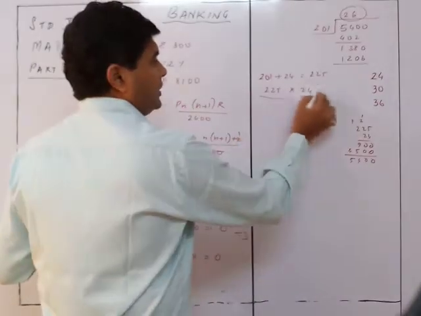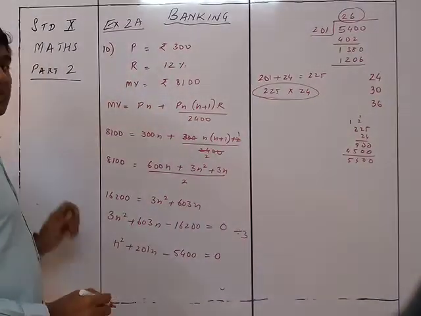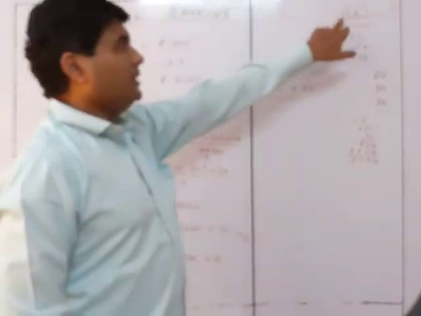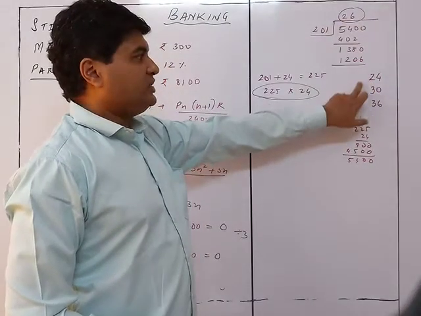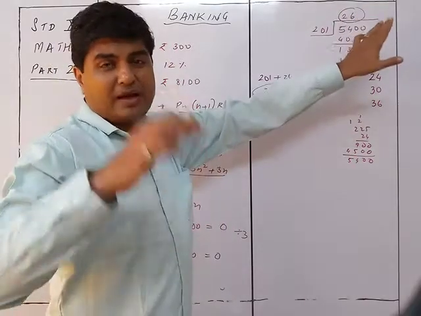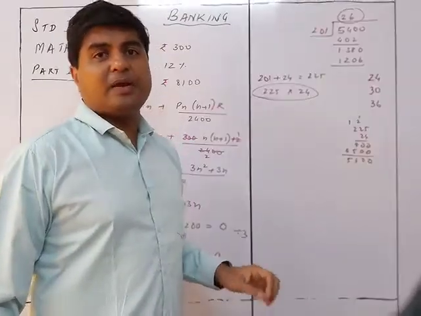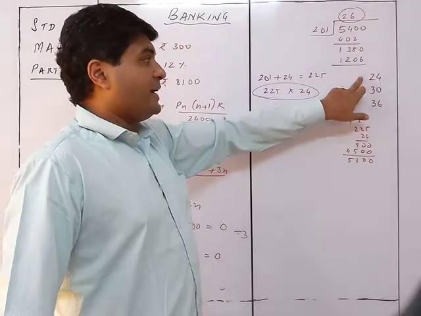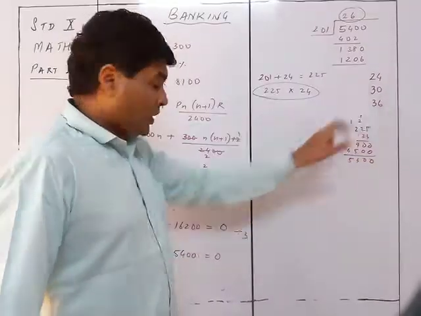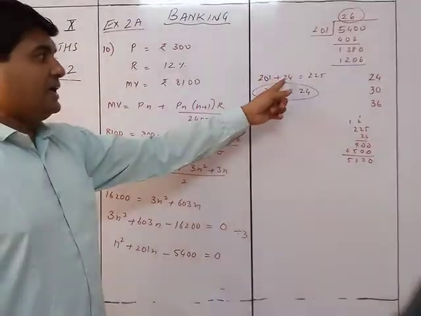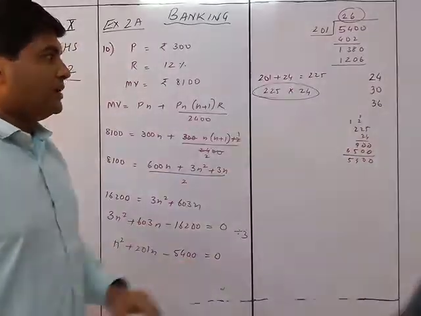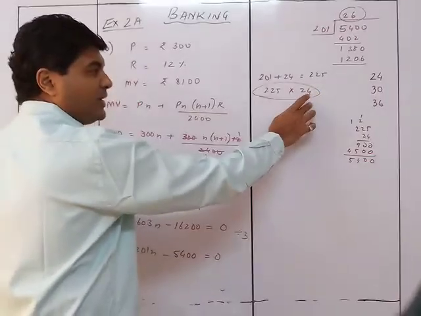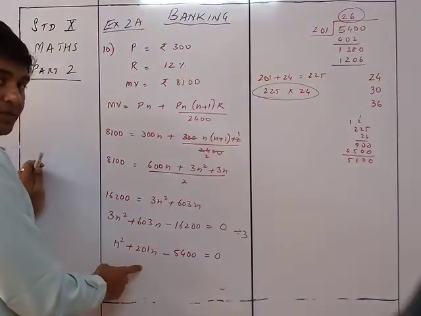So this is what the splitting will be. Did you understand how I found out the splitting? I divided the number, I got some number, and I checked which numbers around this are multiples of 6 or multiples of 10. So it is 24, 30 and 36. So I tried the first one. How did I try the first one? I added 201 to 24, and so you have the terms as 225 and 24. Why? Because 225 minus 24 is 201. That is what we want.